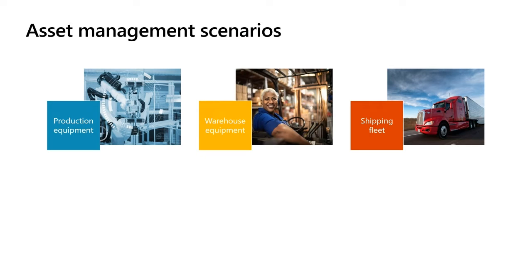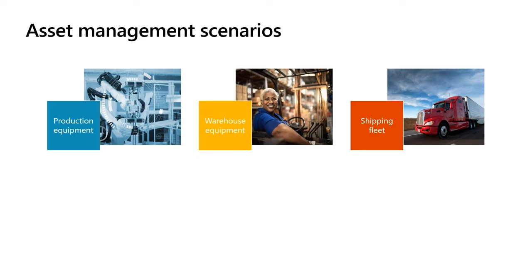Let's walk through some of the common scenarios that companies use asset management for in Dynamics. 3 of the most common scenarios we see are using asset management to maintain equipment used in production, warehouse equipment such as forklifts, or even tracking the maintenance of a shipping fleet if a company runs their own shipping fleet. So these are the 3 scenarios we're going to focus most heavily on in this Tech Talk series